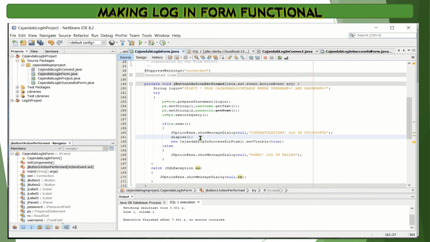Okay, so to make this post method work, as you can see, we have no warning sign here because we had already created or designed the login successful form and connected it here to the login form. Now to make this method work,